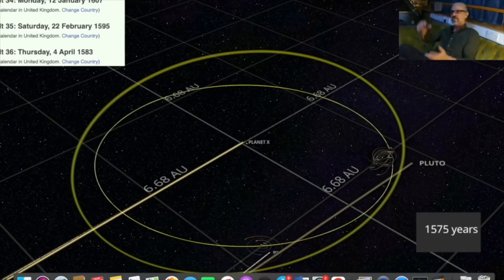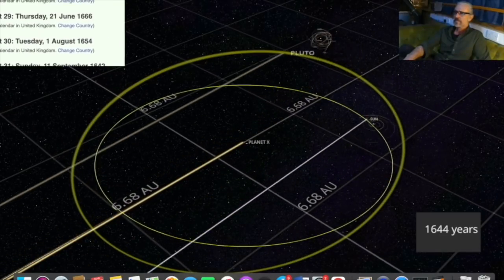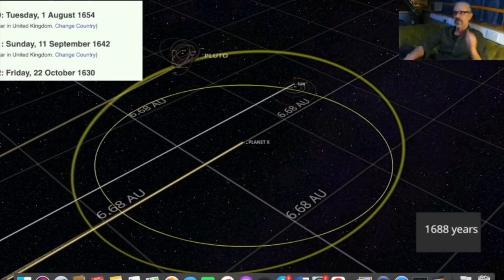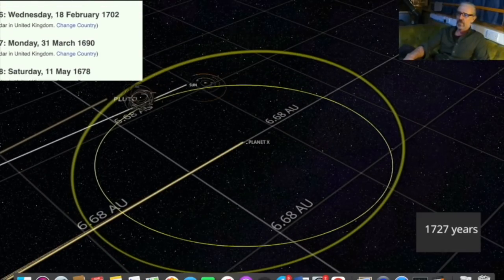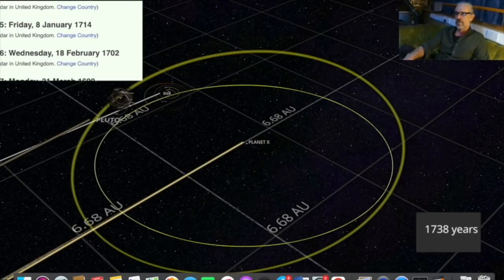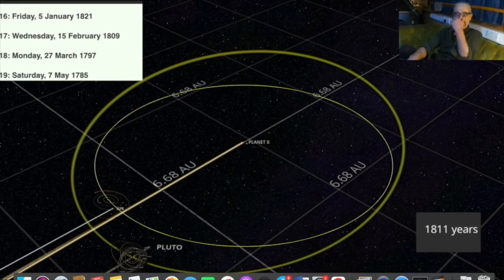You can imagine we're going to look at what's happened in the last few months as well, and we're going to conclude with that, but let's just get back up to where we've done 1607. We're coming back around now to Isaac Newton's time, 1680-81, where he was discovering Halley's Comet, and we were going through all the same sort of things, and so we've pretty much done that, and now we're going to come around to